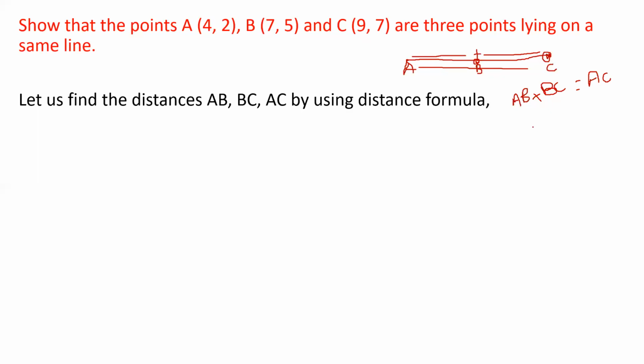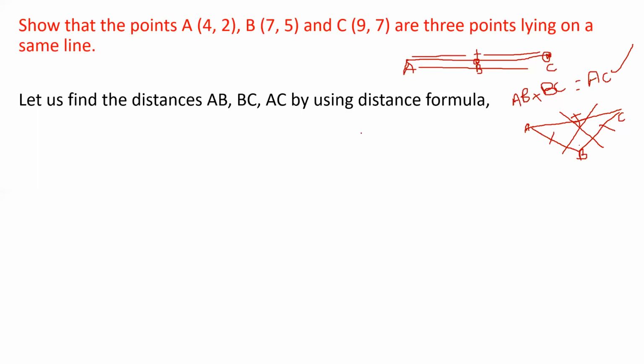And one more thing, guys, this is only possible for points on the same line. So if suppose the points are like this, and A is here and I join A, B is here and C is here. If I join AB and BC and AC, now it won't be satisfied. The sum of these two sides is not equal to the third side. From the property of triangle, we know that the sum of two sides must be greater than the third side. So this statement will not suit a triangle. It will be satisfied only if the points are on the same line.